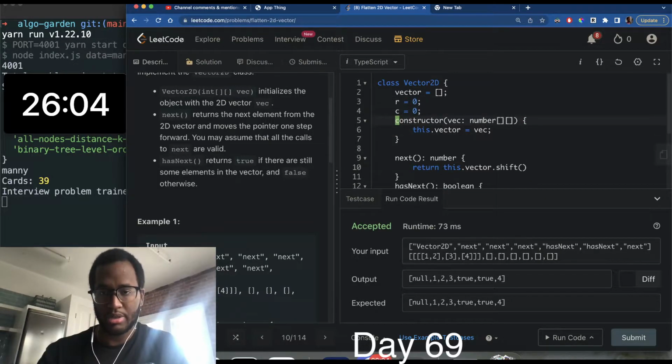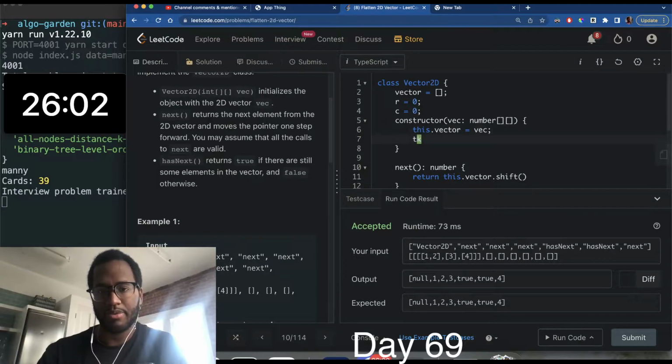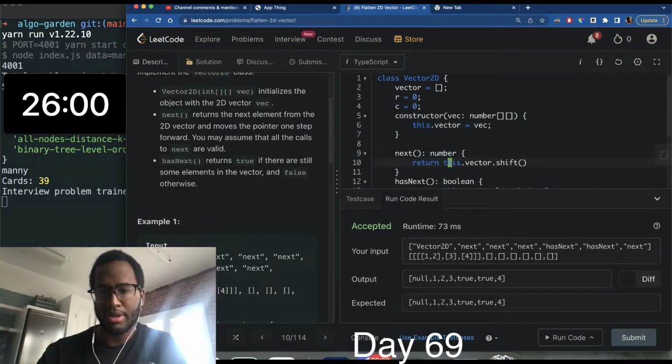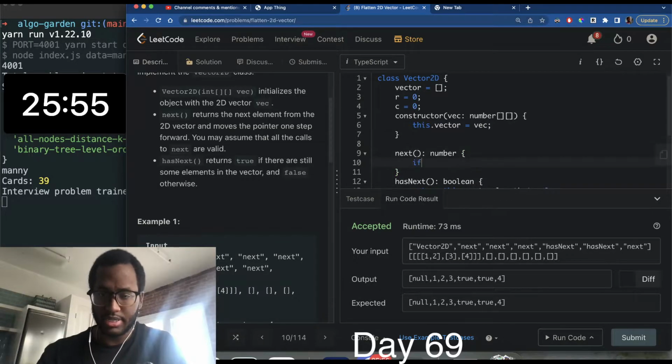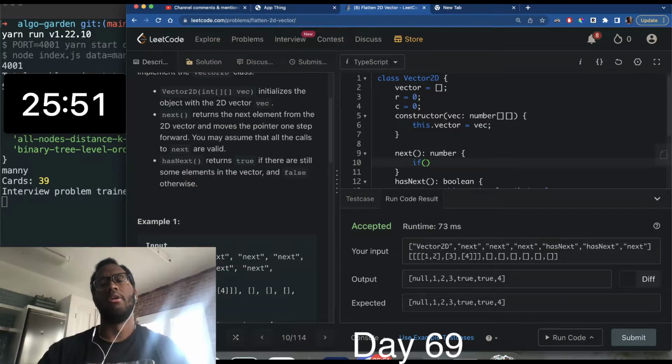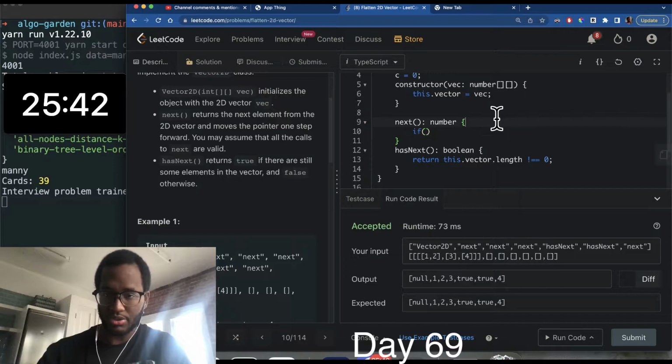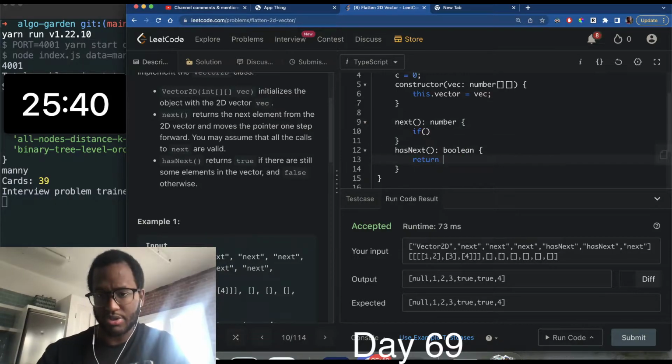And we'll say R, C is equal to 0. We don't have to actually include anything there, right? And when we say next, we're just going to say if, and we actually might want to use our has next functionality first. We'll say if this dot R is less than,